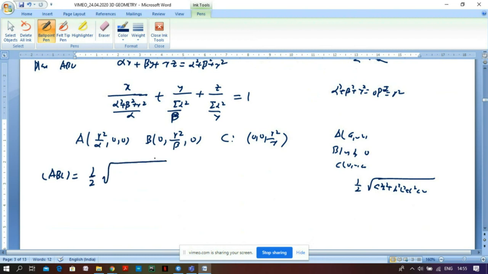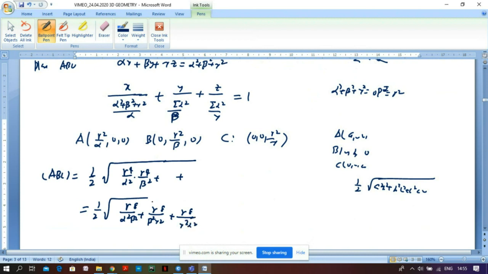so this is a square b square. I can multiply any two numbers, so say multiply these two and take the power 2. So this is R to the power 4, so this is a square b square, so R to the power 4 over alpha square times R to the power 4 over beta square, and 3 such numbers. So that is half of R to the power 8 upon alpha square beta square, plus R to the power 8 upon beta square gamma square, plus R to the power 8 upon gamma square alpha square. This comes out, and so I am getting R to the power 4 over 2, and a square root of,